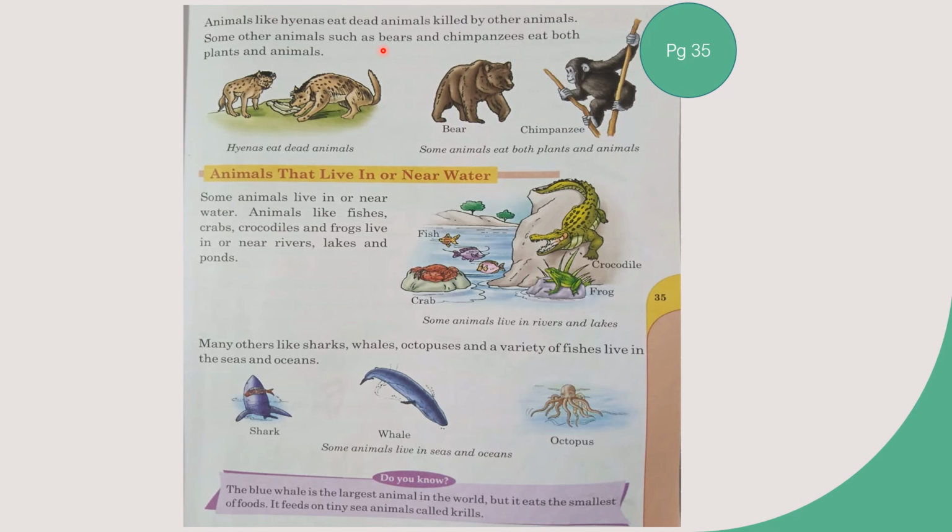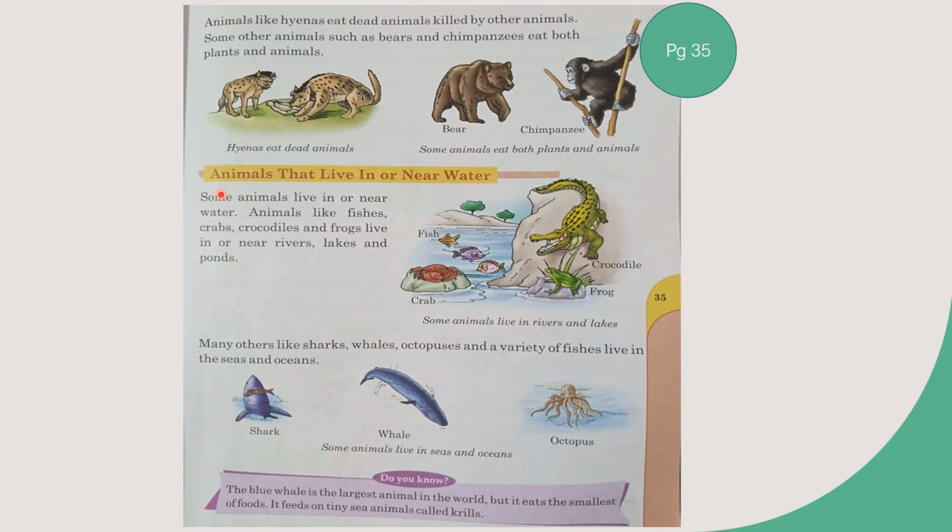So अभी हमने इससे पहले पढ़ा था that some animals eat plants and other animals kill other animals, right? So for example lion kills other animals and then eats it. There are animals like hyenas. What they do is that they do not kill other animals, बल्कि जो already dead animals होते हैं जिनको किसी और animal ने मारा होता है. So for example, if a lion killed a deer, the hyenas would go eat an already dead deer. Okay, and then there are animals like chimpanzees and bears. What they do is they eat both. They sometimes like to eat animals. They sometimes like to eat plants.